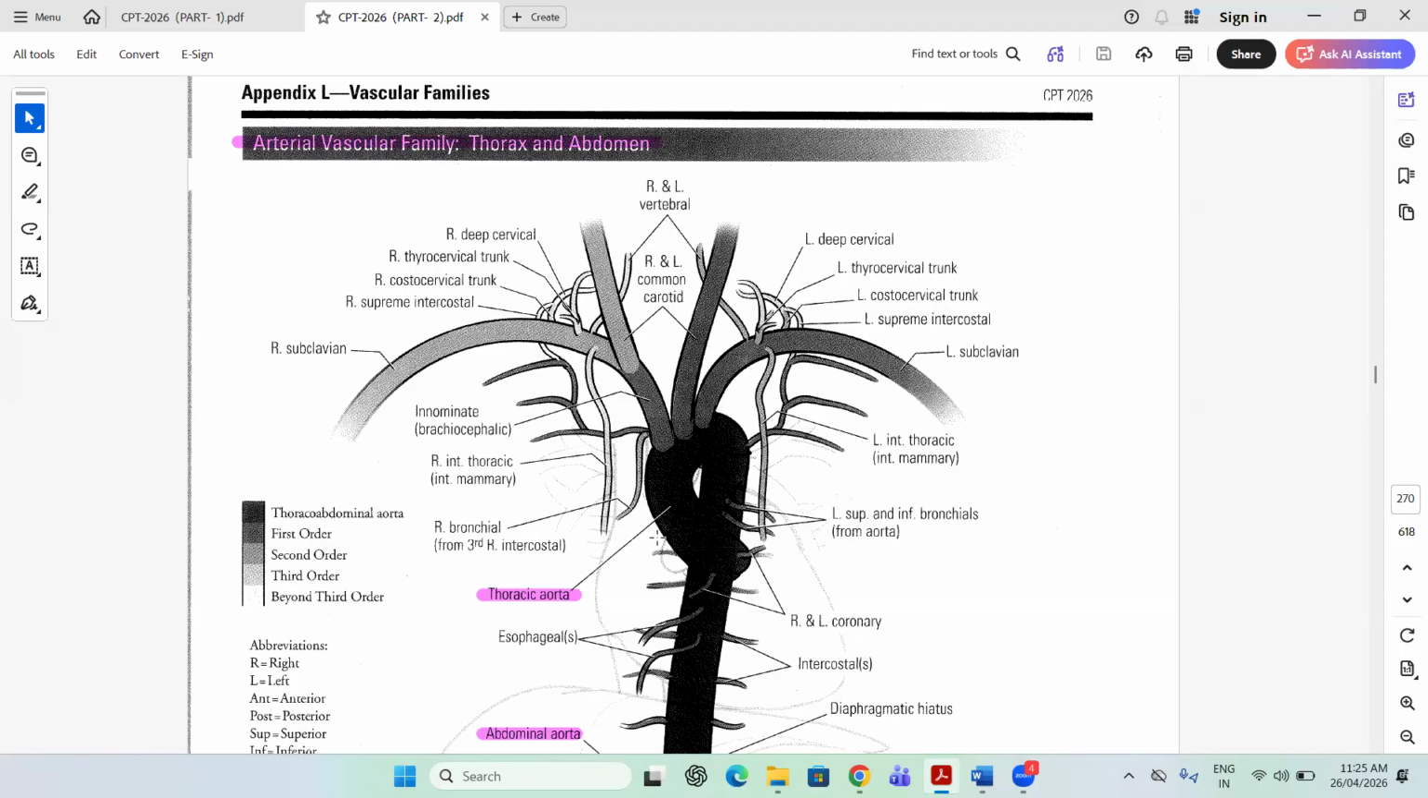This branching happens for the very first time. So say from the aorta, the branches arise directly from the aorta. If you've seen here, this arch of aorta, the branching is happening here. Three branches are arising here. When they arise directly from the aorta, whichever branch it is, it is called a first order vessel because branching has happened for the very